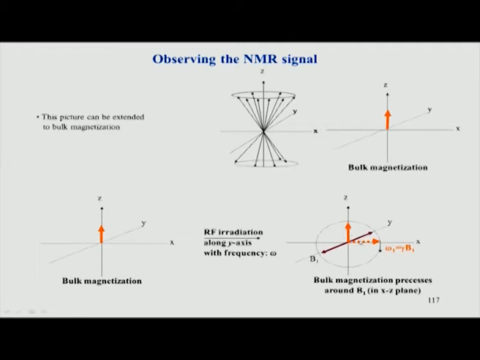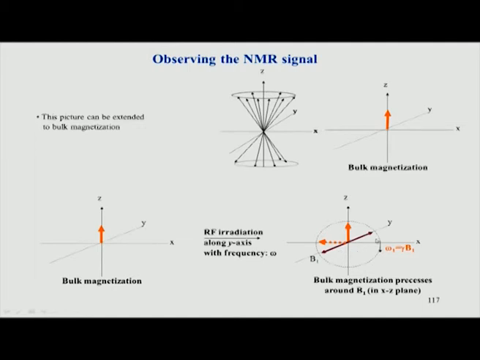So, it has flipped by 90 degrees. When it comes by 180 degrees, we say it is flipped by 180. Similarly, when it comes by 270, we say it is 270, and then finally it goes up. So, this is how the B1 field is applied, that is another external magnetic field, a small magnetic field. Remember, this is in the value of kilohertz, and the external magnetic field we saw is in the value of megahertz. So, it is more than 1000 times smaller compared to the main magnetic field.